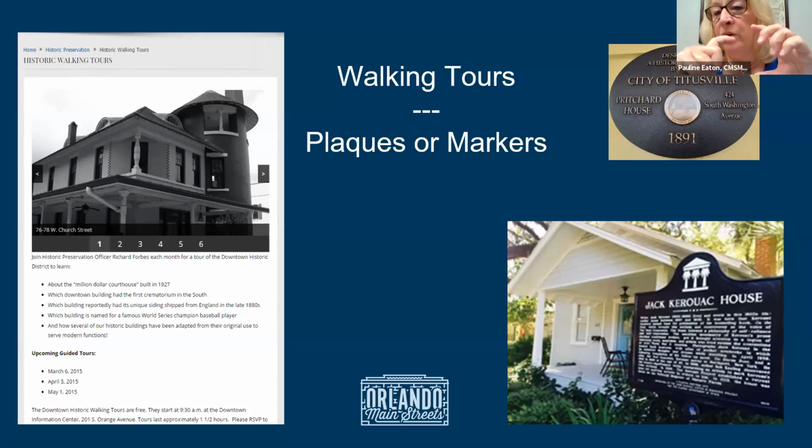You put the year the buildings were built and any history, the name of the buildings, and a lot of communities have their own local landmarks distinction. And if they're on the local landmarks, a lot of times your historic preservation office will help you. They may even have a plaque like this designed, like you see for Titusville. And then if it's famous, like the Jack Kerouac house in College Park, Jack Kerouac's a famous author. I was surprised yesterday, I did a Google search for Florida historic markers. And a lot of you have these historic markers, right? So doing some kind of tour, putting that stuff on your website, all of that is educating people